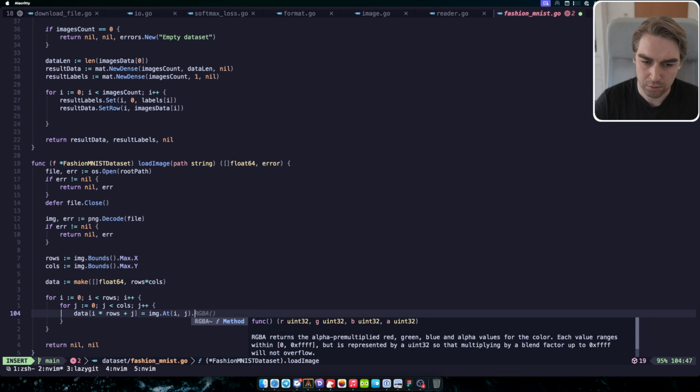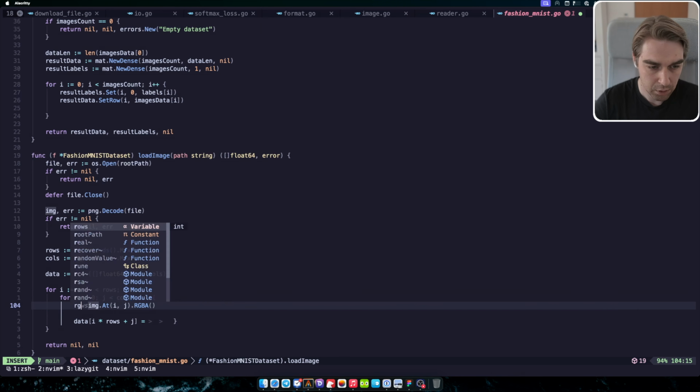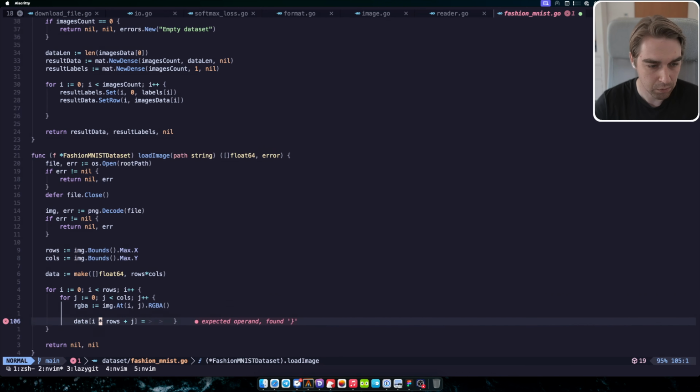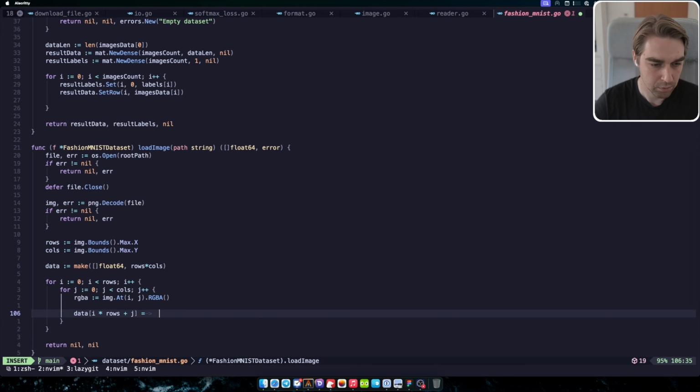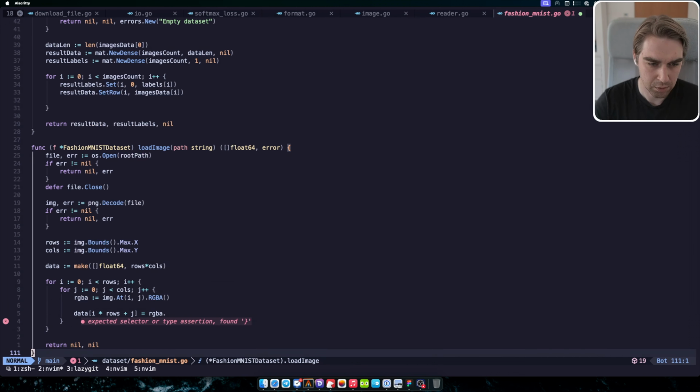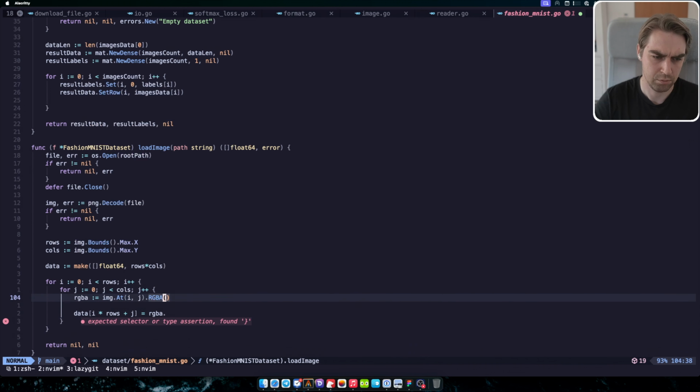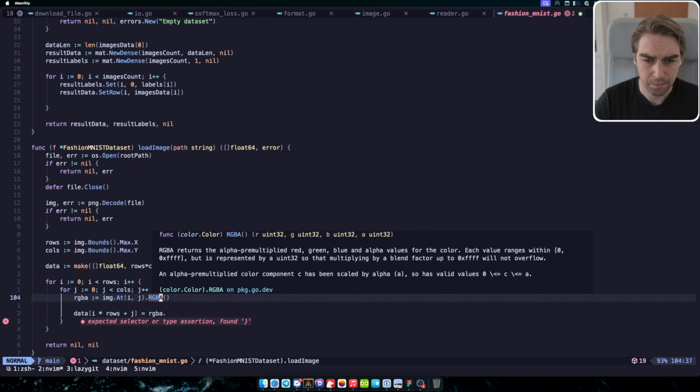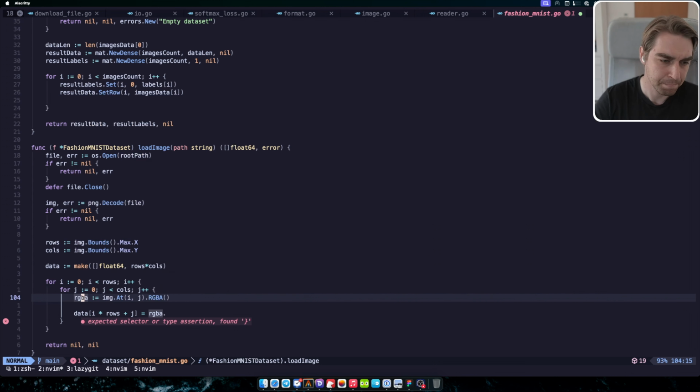RGB returns RGB equals to this. RGBA expected selector